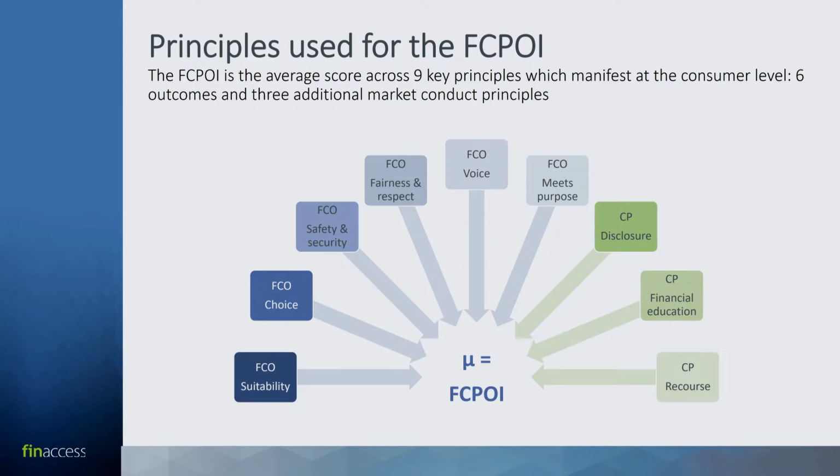So basically what the index does is just to try and measure as best possible from FinAccess each of these 9 components, and to then average the scores across to express it as an index value that can then be tracked over time, more or less to hold up the mirror to the financial sector to say, is it really doing what it said or fulfilling its promise in terms of fair consumer outcomes?